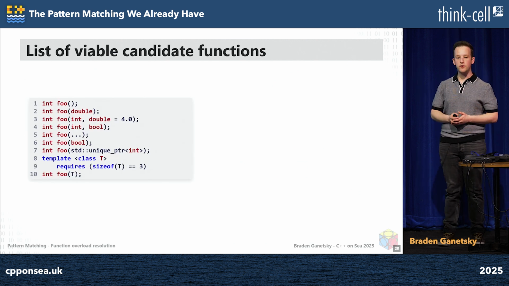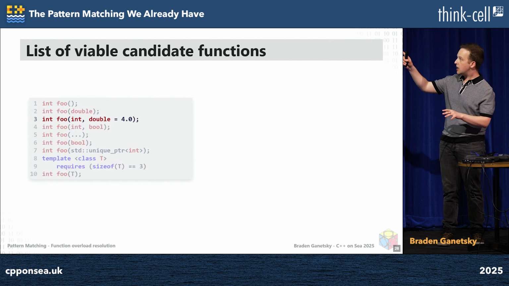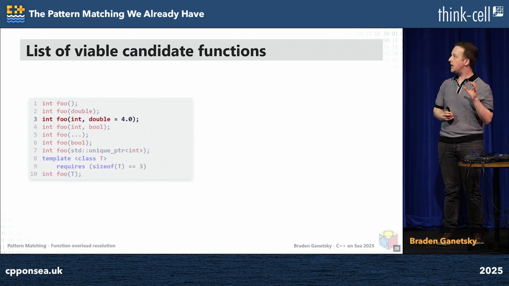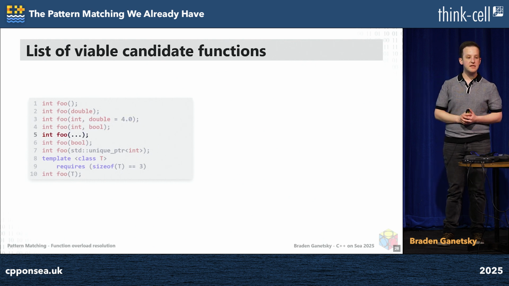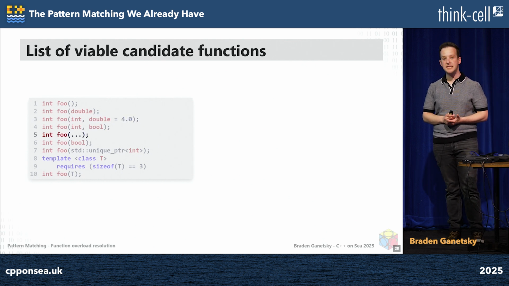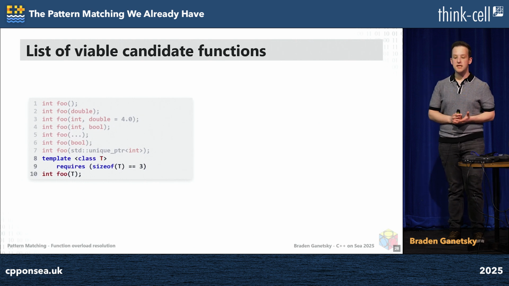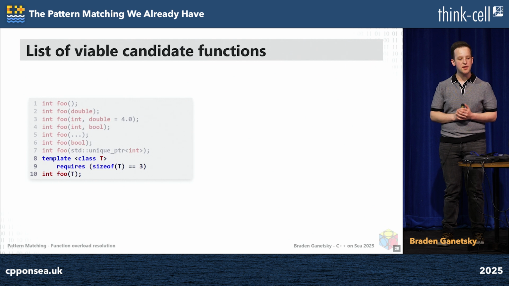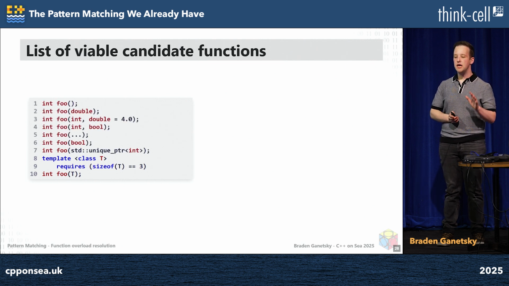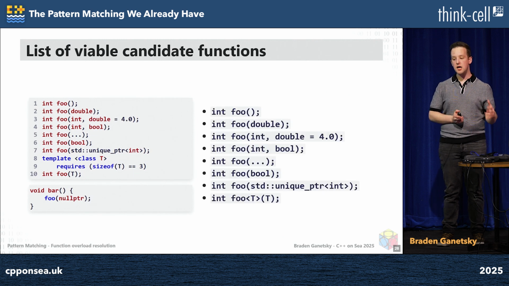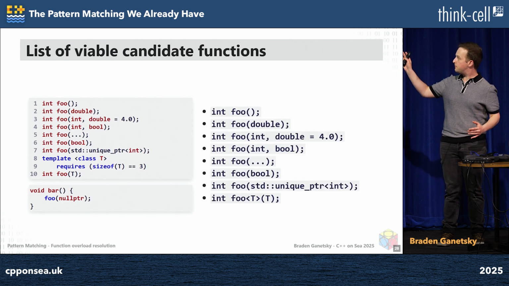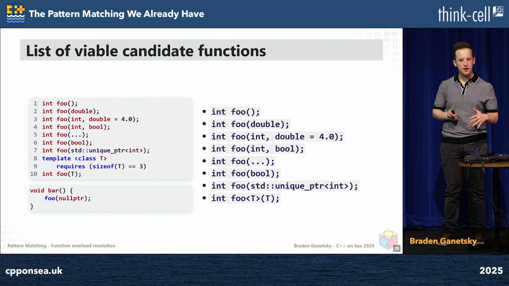Here I have 8 separate overloads. I promise these are all separate overloads. A few of them look a little special. On line 3, this one is special because it has a default value in the second parameter. This one on line 5 is special because it has an ellipsis parameter, a C variadic. And then on lines 8 through 10, this is a function template where the size of T must be equal to 3, otherwise this does not exist. But why doesn't it exist? Well, we'll get into that. So I'm trying to call foo of nullptr, and here are the 8 possible overloads. Let's go over getting rid of them step by step.